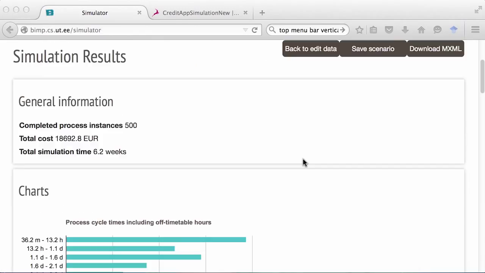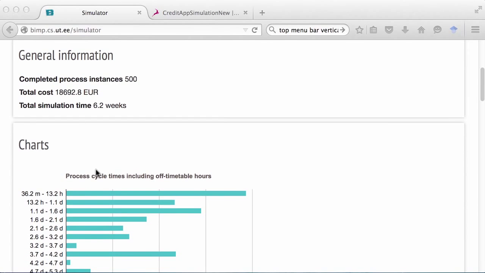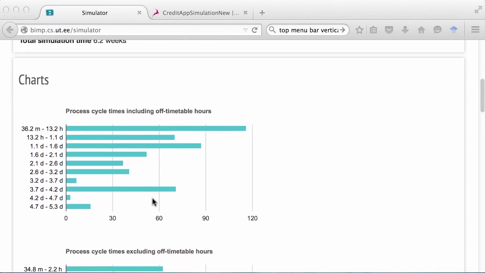The BIM simulator returns a set of charts with histograms of the cycle time of the process, including and excluding the time that falls outside the default timetable. The cycle time, including off-timetable hours, corresponds to real calendar time.